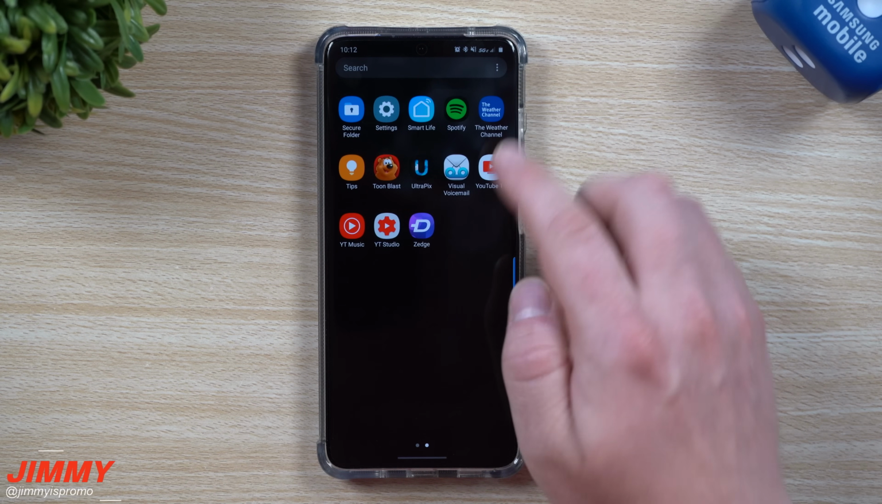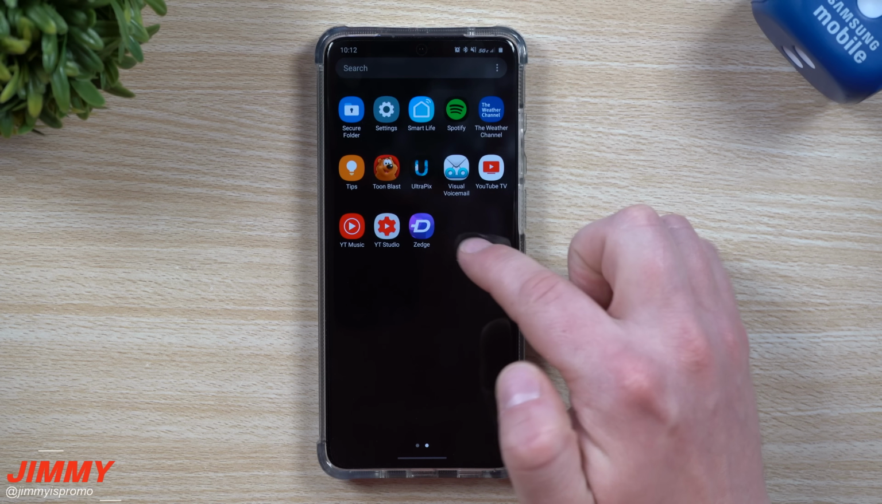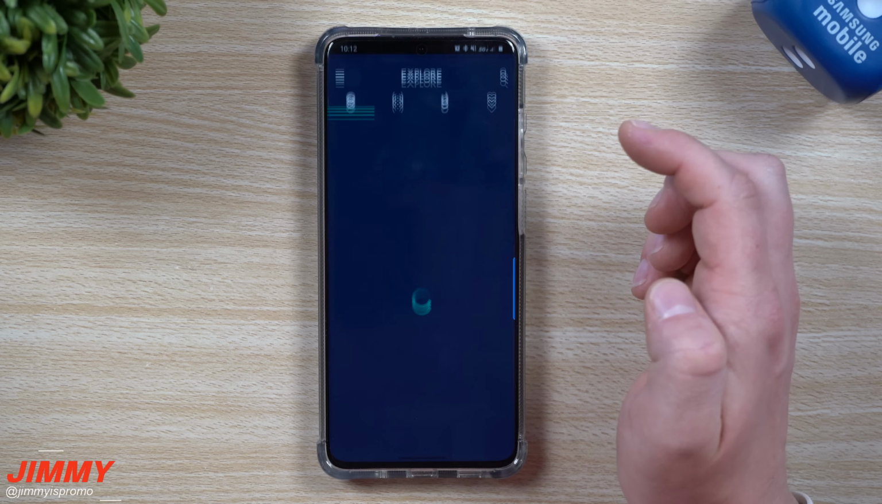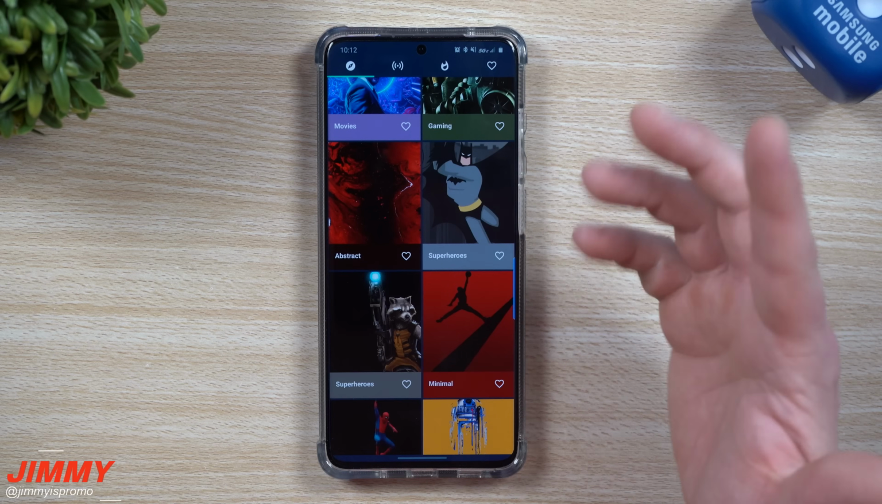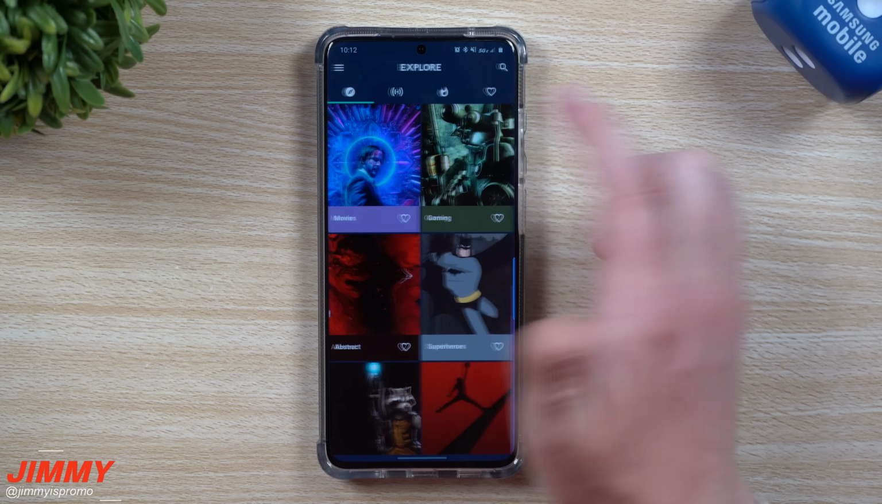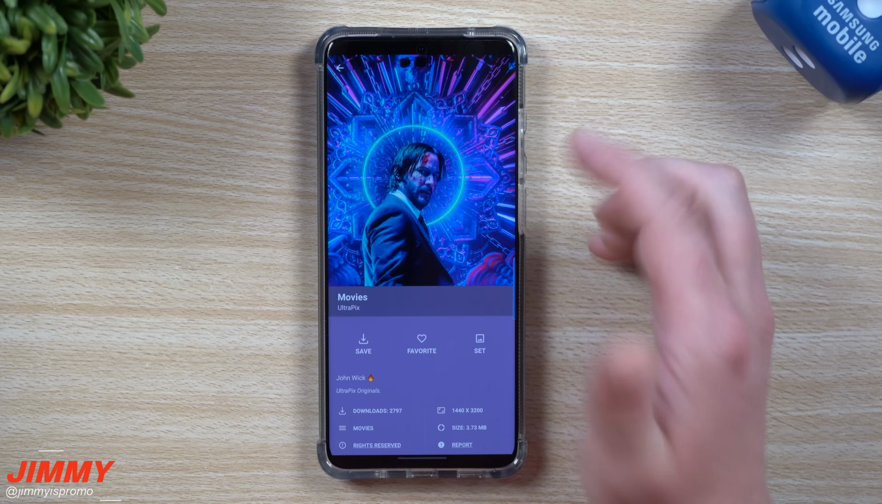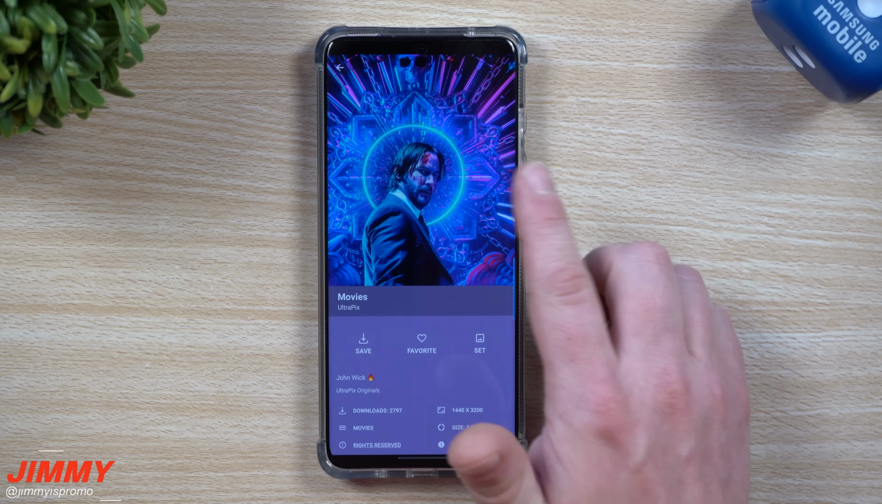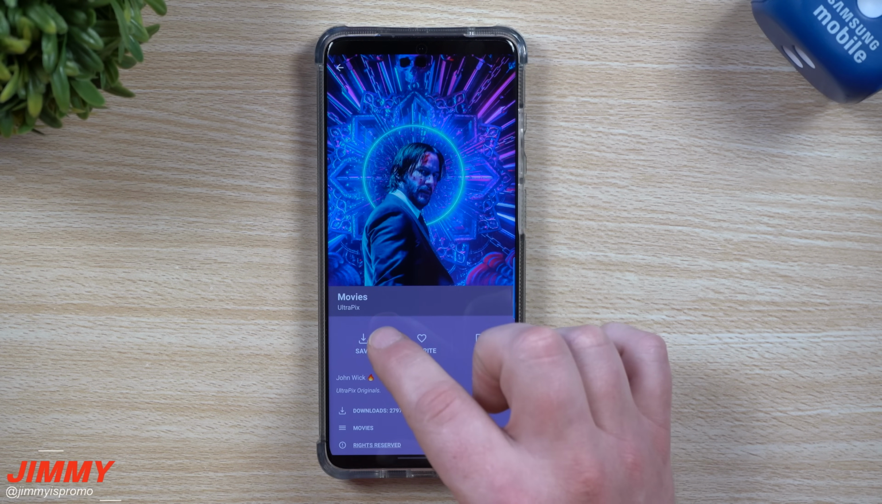Now, because I have the Galaxy S20, I downloaded this application here that's called UltraPix. Now inside of here, this is where you can just find some of the best images that you want. So this one actually is new. So we're gonna go to this one right here. It actually looks pretty cool. You can take a look at what it looks like by tapping the image, but I'm just going to save